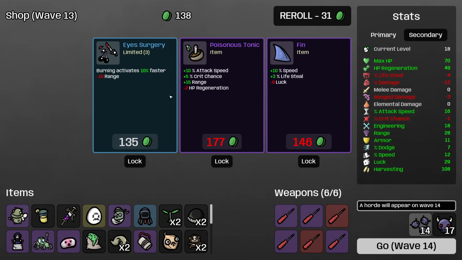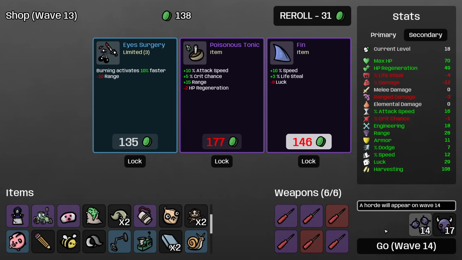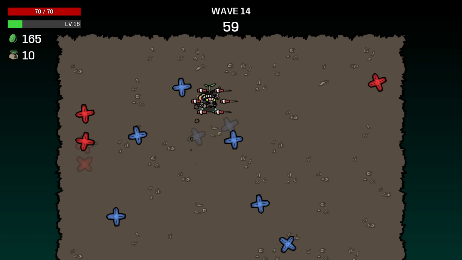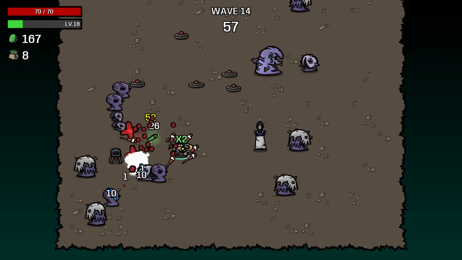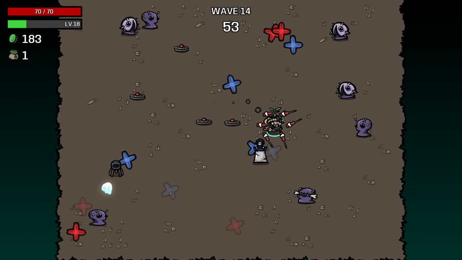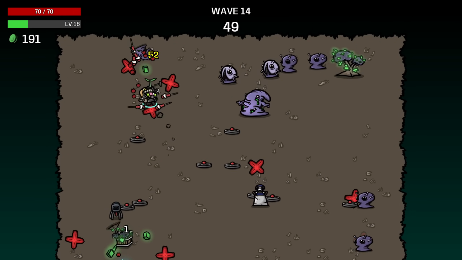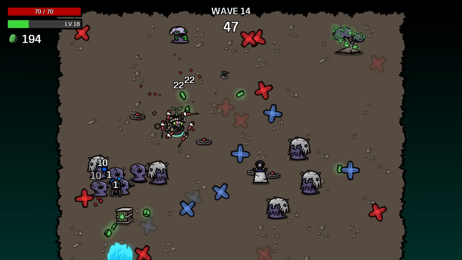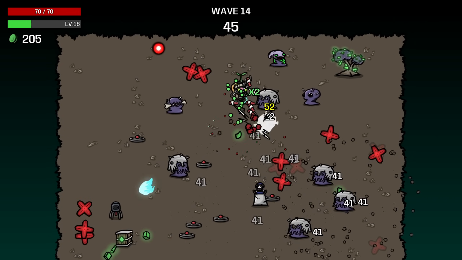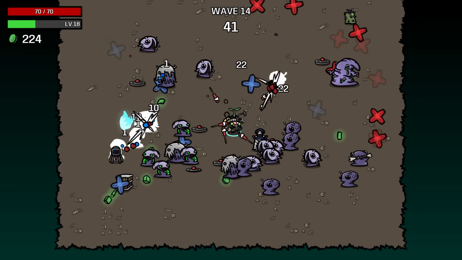So again, we're going to save a bunch of money here for our piggy bank, which has still not quite paid for itself, but will this wave. So as much as possible, I'm going to try to hunt down the goobers as they get summoned, so that we have fewer projectiles to deal with. It's going to be difficult because, of course, our actual attacks don't do that much damage, but we do have...